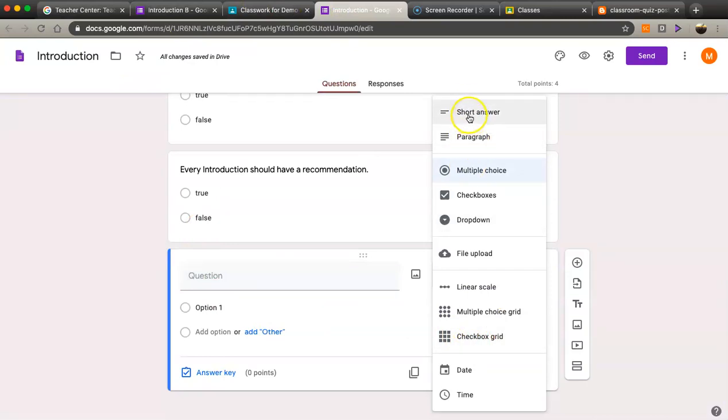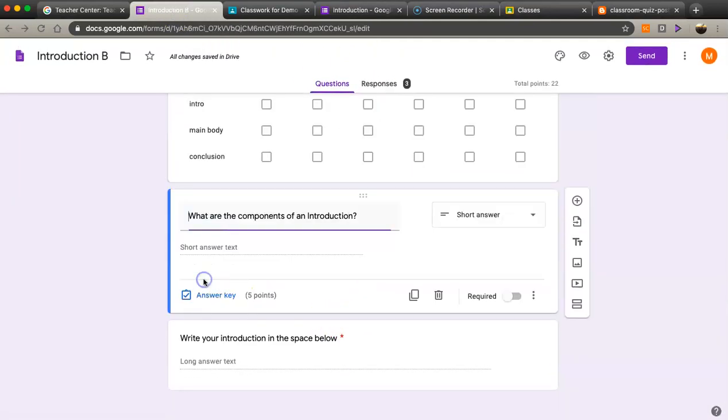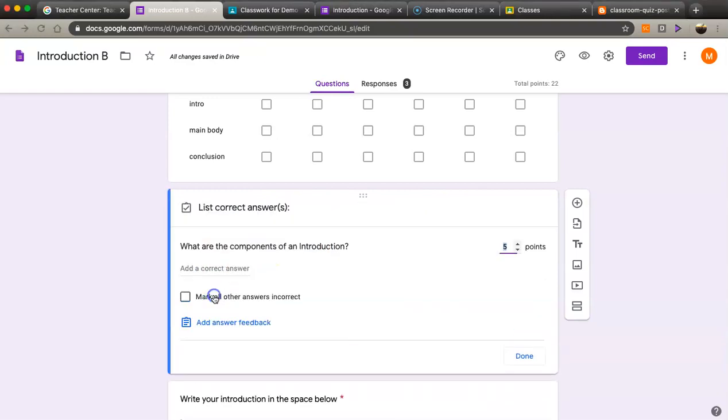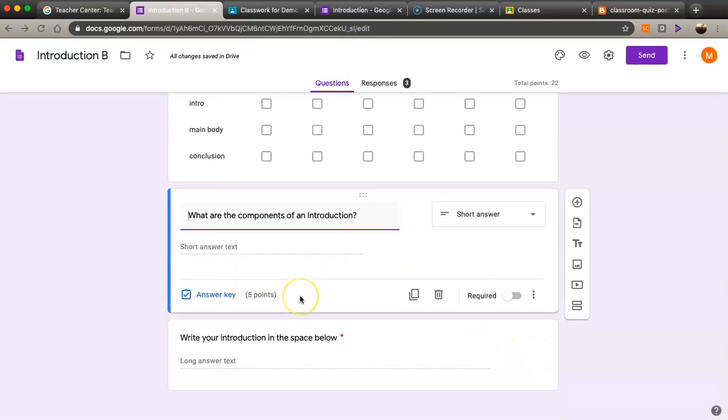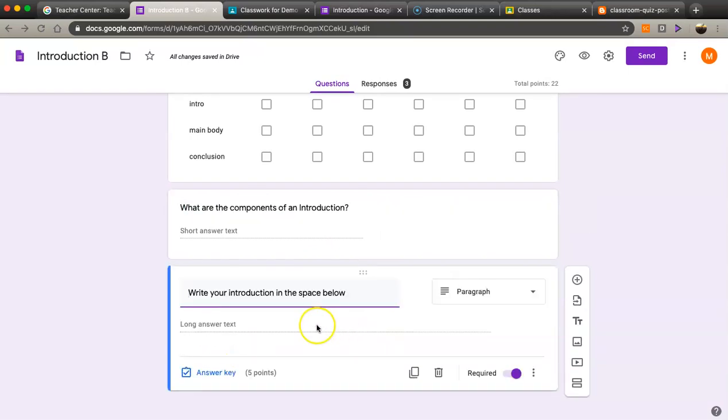And let's see the next two. So they also have short answer and paragraphs. Let's look at short answer. Okay, so for short answer, here's the question, and then the student writes the answer in the text box. Now for the answer key, you can add an answer there, but you don't have to. It's graded a little bit differently. So you'll have to go back and then grade each student's answer individually, and then we'll look at that later. But you can add answers if you want to as well, but I did not this quiz. So then you'll give their point value, click done,